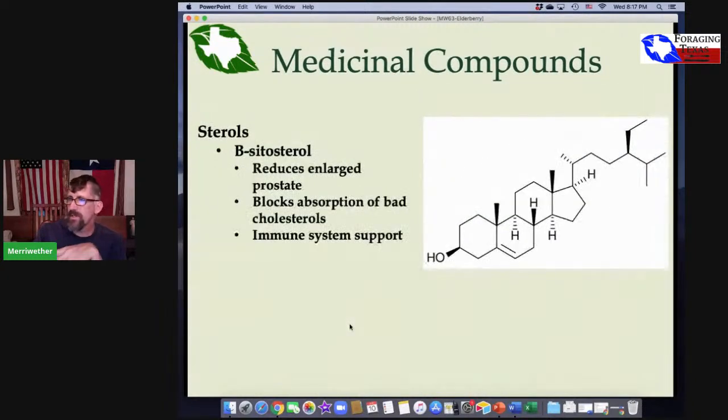Okay, so let's quickly talk about the citrosterol. So men, pay attention here. One of the nice things about this compound in the elderberry, found in both the berries and the flowers, is this chemical which helps reduce enlarged prostates. So yay that. Another thing it does is it helps block the absorption of the bad cholesterols from plating out